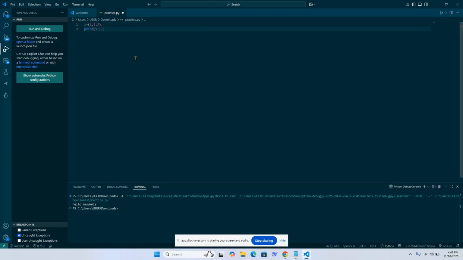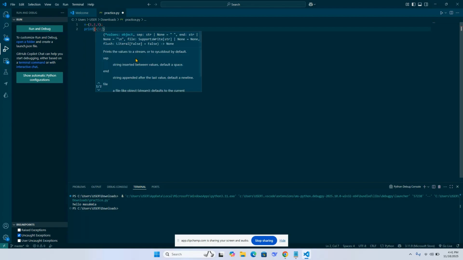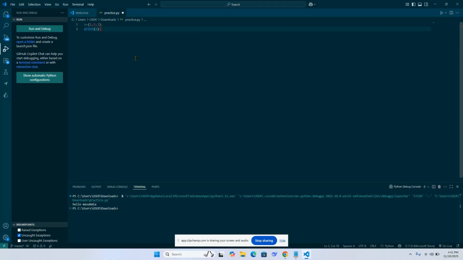Okay, print x. So which number do you want to print here? If you want to only print this x, then okay, then y is equal to x, no problem, you can just type it and run this one again.